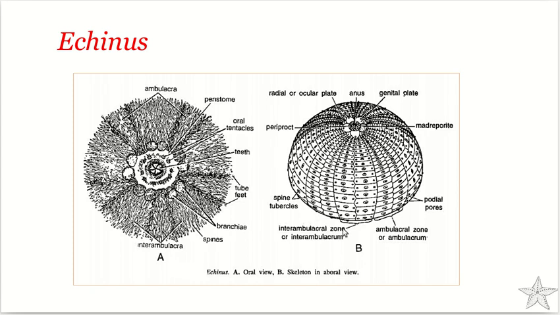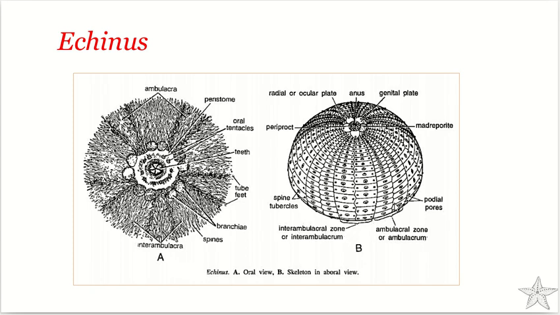Now the whole body is encased by a test or corona, as already mentioned. It is a calcareous shell formed of articulated dermal ossicles, and borne on its surface are numerous long, stout, movable, sharp spines. Scattered among the bases of these spines are numerous pedicellariae, which are used for cleaning up the debris that may settle on the body surface. The whole surface of the body consists of 10 areas, the ambulacral areas alternating with interambulacral areas.